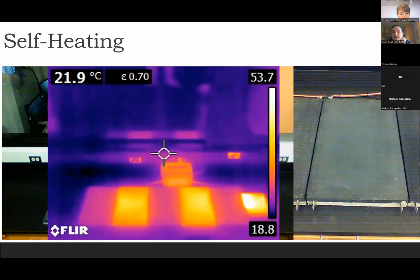So that is an application which is already ready to go, simply by making use of the so-called Joule effect in order to use this for outside heating. I think we don't need salt on our pavements anymore if we were to use this material. Or think about it, if COVID or another pandemic would hit us, we could go into a restaurant and sit outside, having the heating coming from below with a very efficient